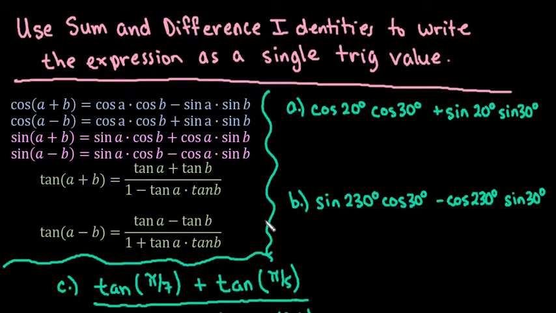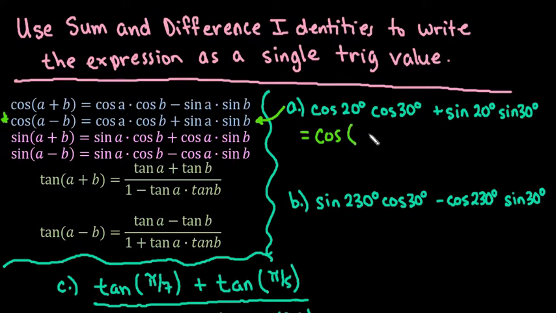Okay, so what we're going to do first is the first problem that we're given is cosine 20 degrees, cosine 30 plus sine 20, sine 30. So I'm going to go over here and figure out which of the rules that this applies to, and I'm going to basically be working backwards. So on this one, it happens to be the same as this one right here as the format, cosine, cosine plus sine, sine. So we're going to use the fact that when it's cosine, cosine plus sine, sine, that this is equal to cosine of